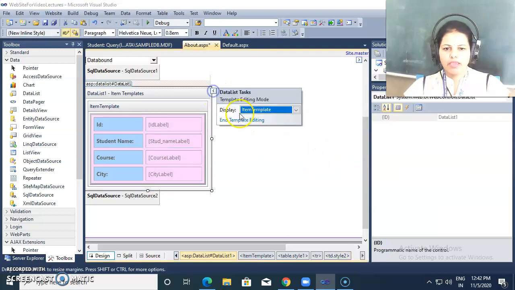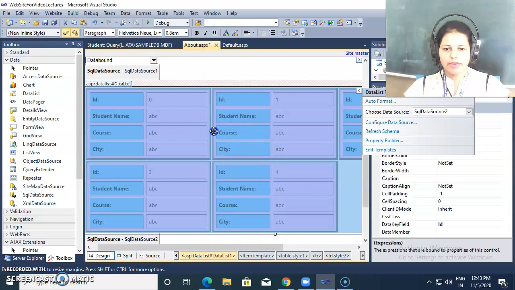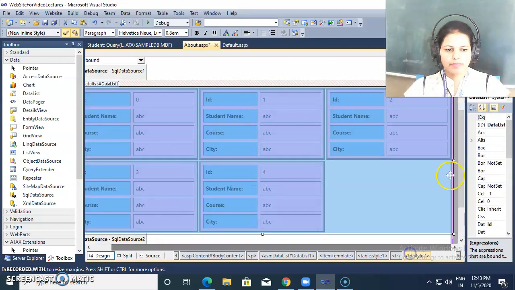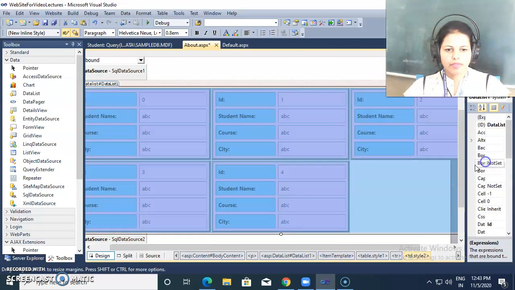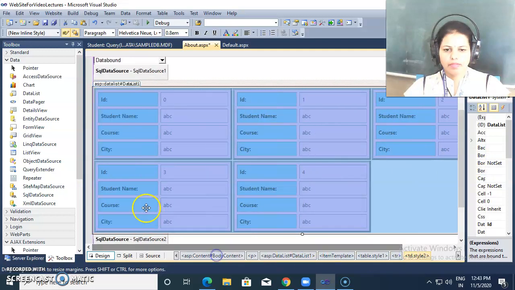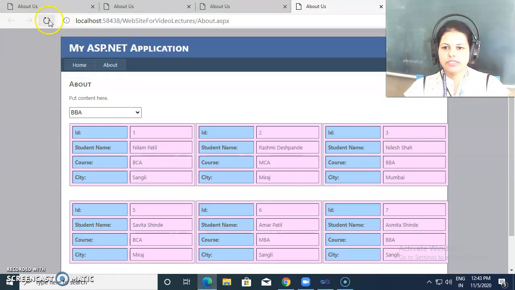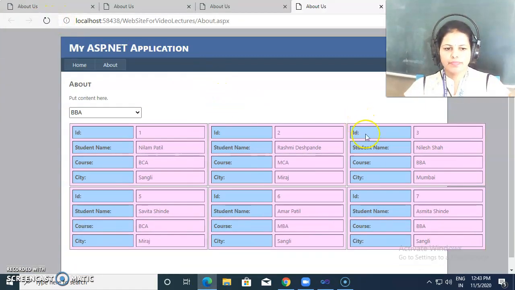And if I end this edit template, then I'm saving the changes, and again see the effect.